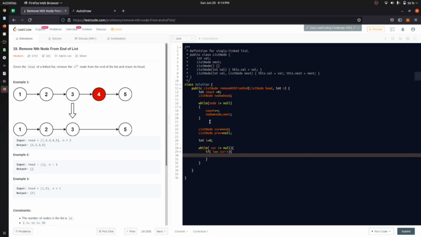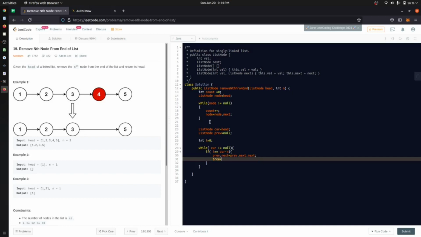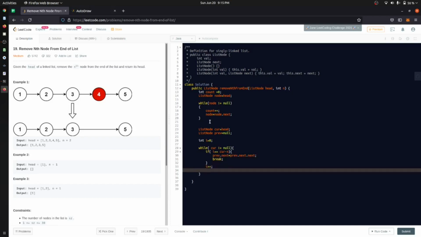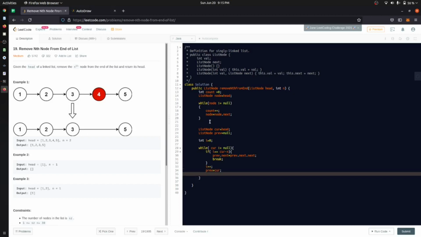If we have reached the element, we can just say that previous dot next is equal to current dot next. It will just move the pointer by one element. After that we will just increase the i value, and we can say that previous is equal to current, and then current is equal to cur dot next.